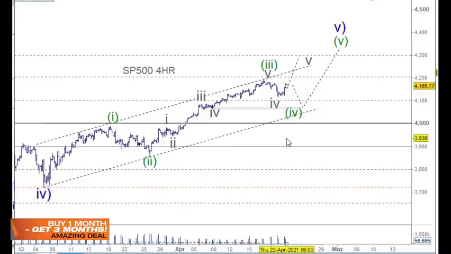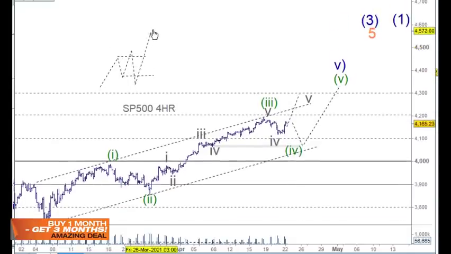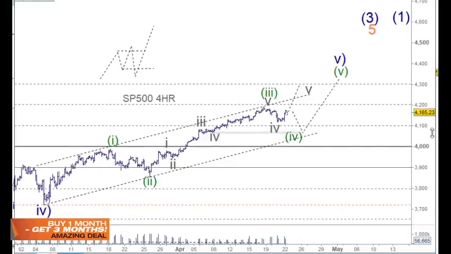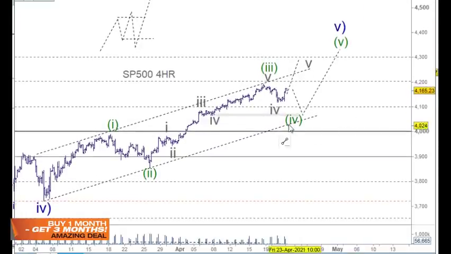Of course, if we make new highs, we could still get an expanded flat correction in wave 4 as well. An expanded flat correction is where the market comes up for the top of wave 3, comes down for the A wave, goes up for the B wave, and then comes down for the C wave, taking out the previous top and the previous low as well, and then moving up from that point. The other point too, I guess, is that if this is a smaller wave 4, and we go up for wave 5,